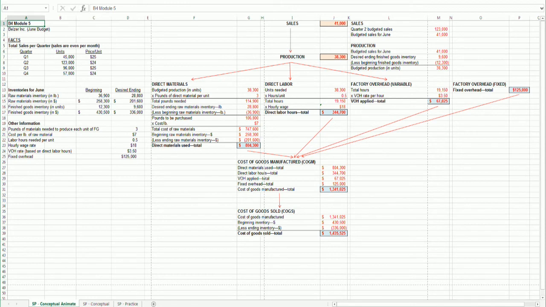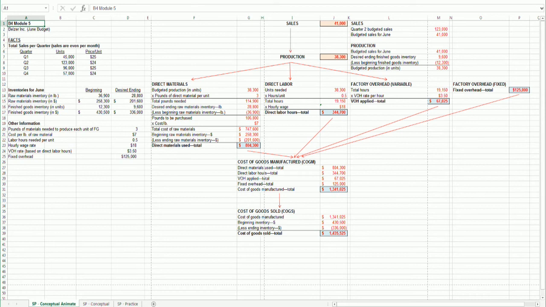So as we show the picture one more time, key things I want you to take away from this. First, more than understanding the number crunching, it's critically important you understand how the process made sense. We needed sales. Sales allowed us to figure out what we needed to produce. What we needed to produce told us how much direct material we needed, and therefore its cost, how much direct labor we needed and its cost, and then the related variable and fixed overheads. Put those together, we knew how much we would spend, quote unquote, to manufacture our needed goods, and knowing that allowed us to figure out what our budgeted cost of goods sold would be.